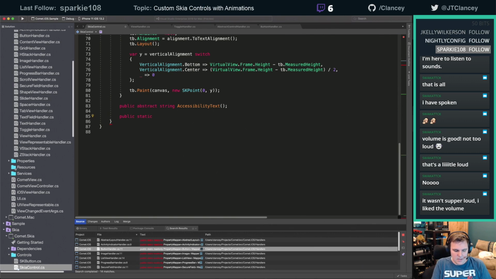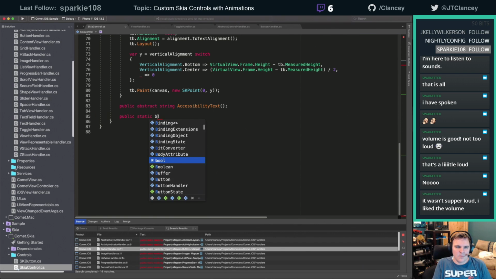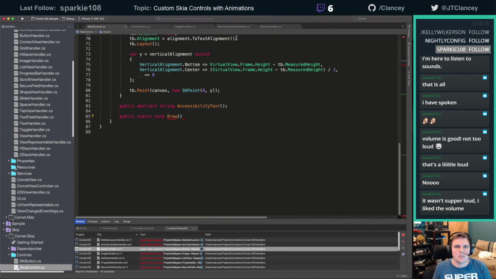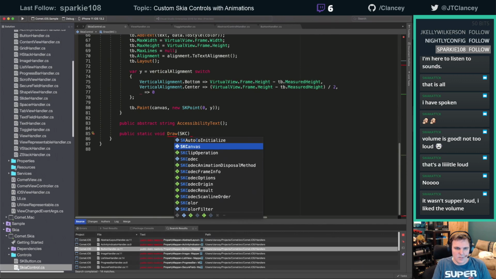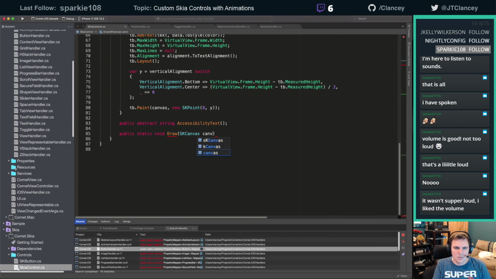Public static, make sure you can do draw, static void. And this is going to get, first thing was SK canvas, right? Rectangle F,